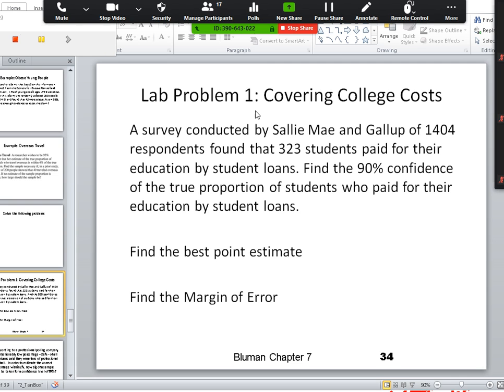This is problem number 1. So problem number 1, find your best point estimate, find the margin of error, and then find the confidence interval. Right? Find the 95% confidence interval. So find the best point estimate, find the margin of error E, and then find your 90% confidence interval. So take a couple